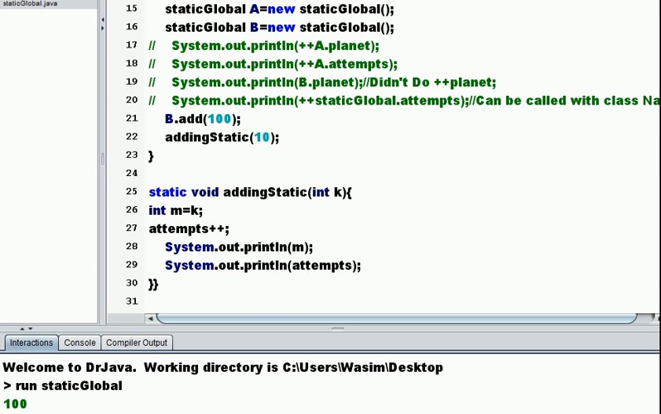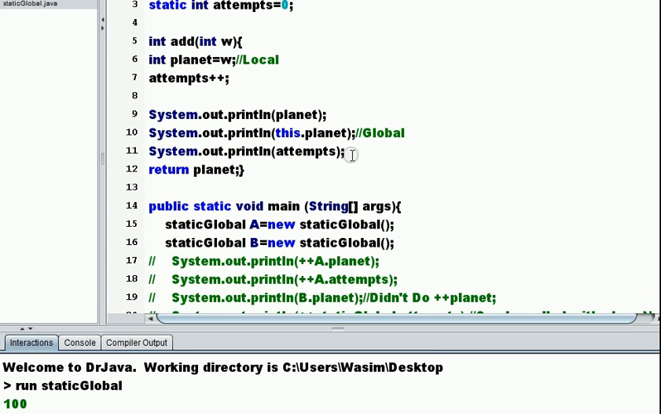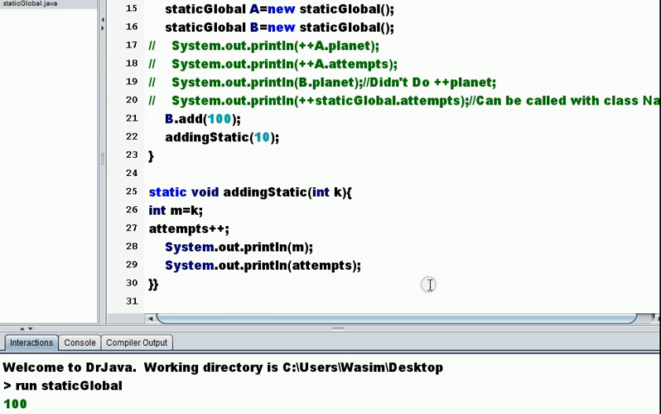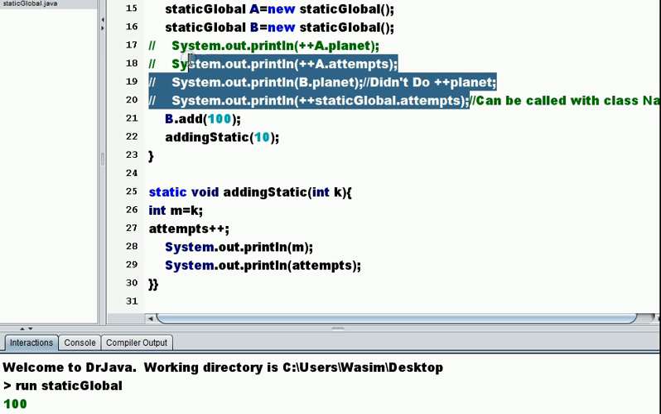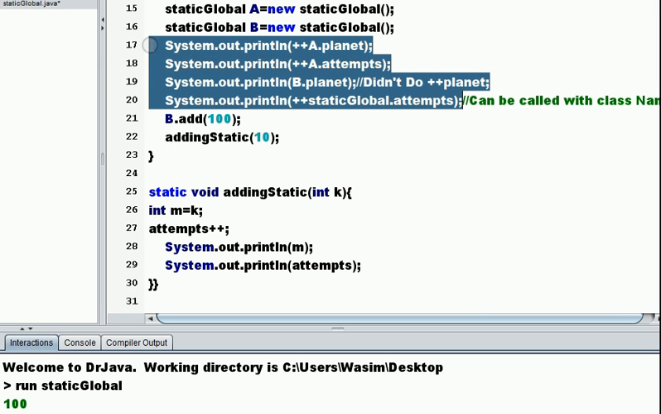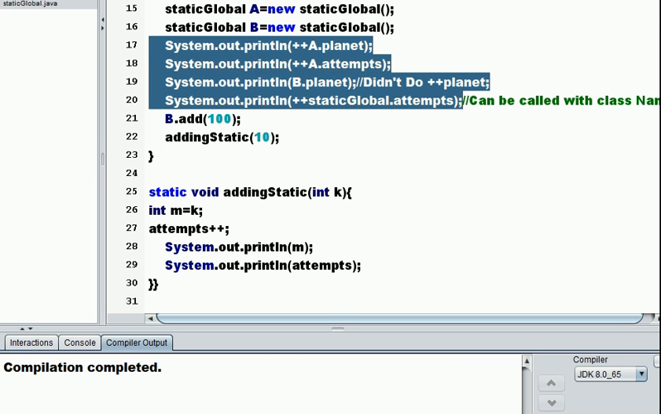Well, 1 is actually the static state. Atoms was incremented, atoms plus plus, so this made it 1. And adding static had 2 inputs. One is what I send, which is 10, and atoms, and there was an increment, so atoms became 2. That's all. Now if you run everything overall again,